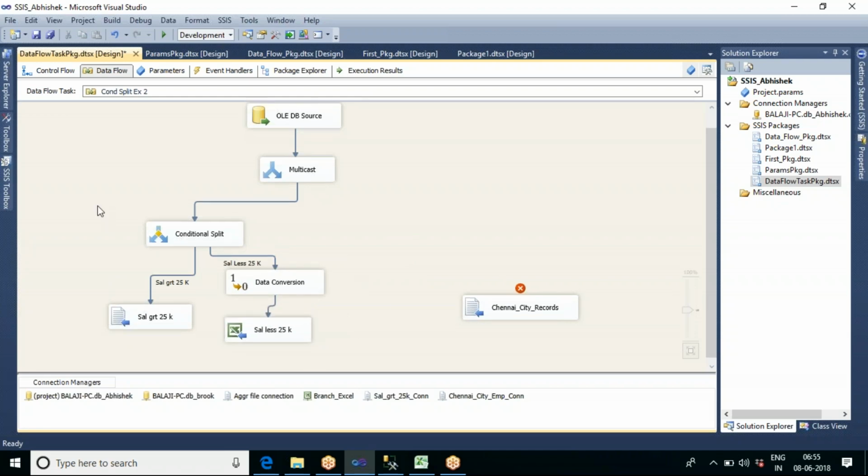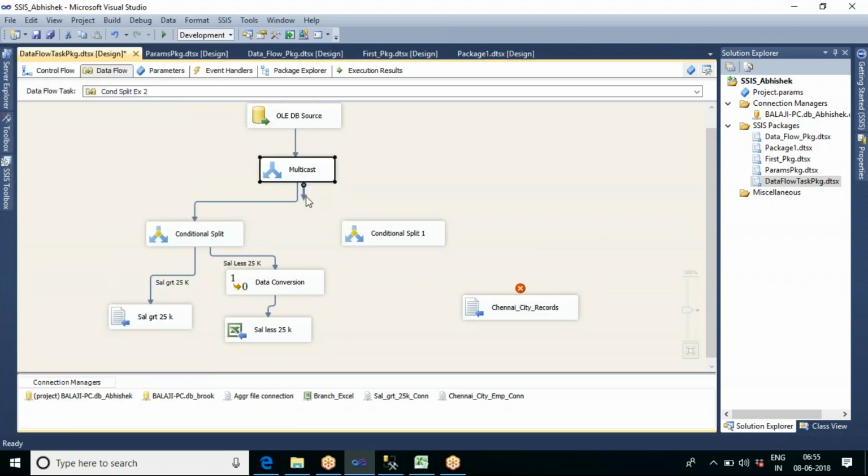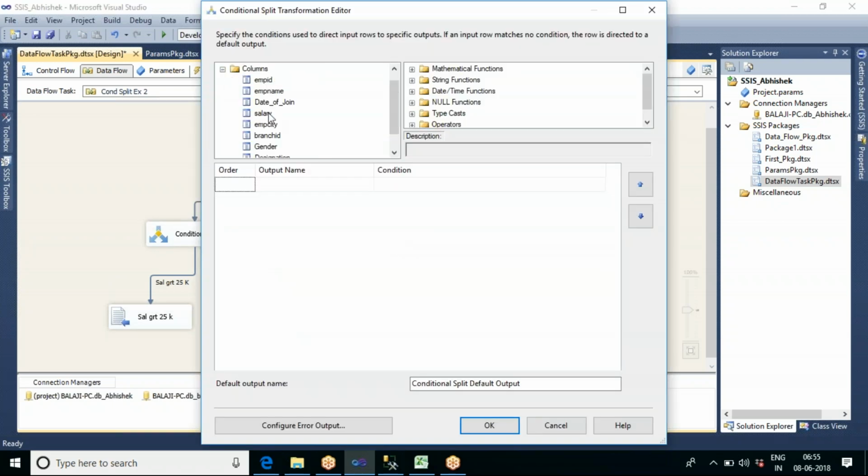Now I will take one more conditional split here, and I will take one more copy from the multicast. Here I will write a condition like EMP city equal to Chennai, and let us give the output pipeline name as Chennai city records.